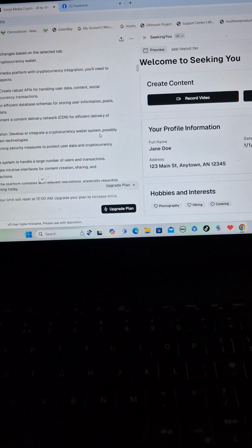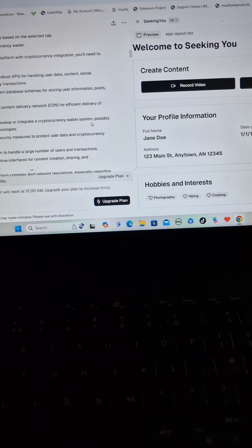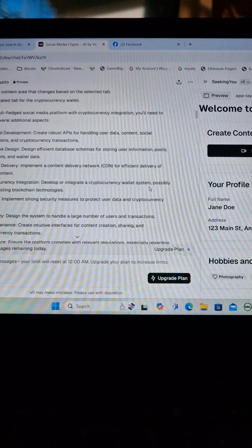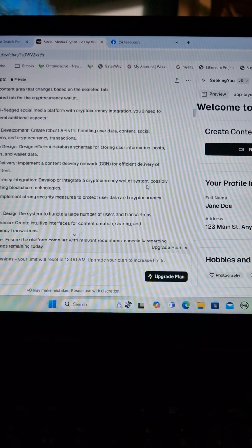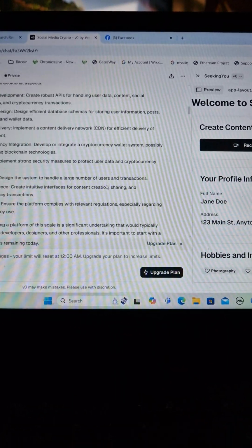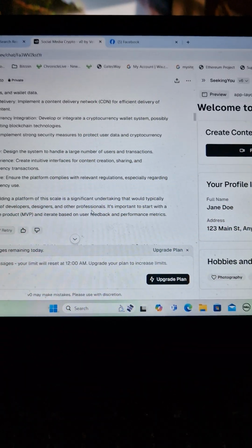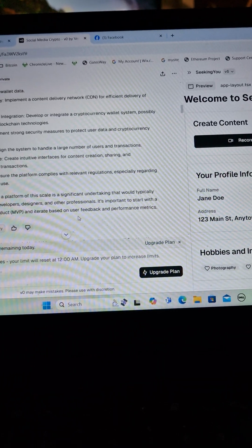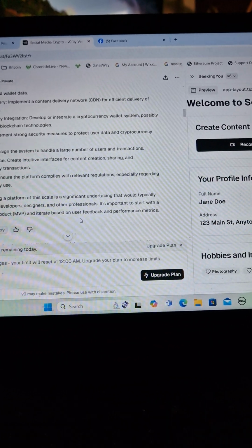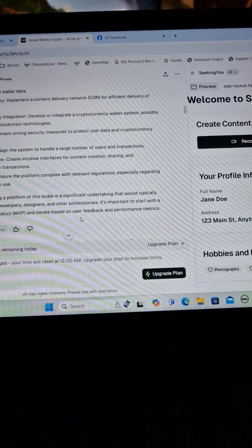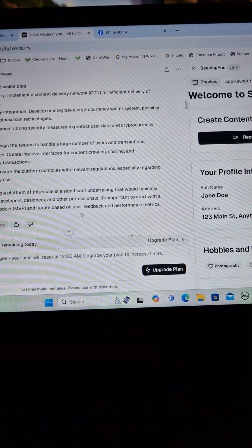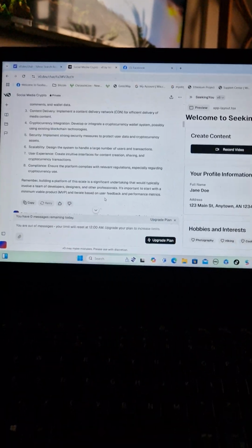And I'm going to change the colour of this bit, etc. And this is AI that's building this. So I'm going to go down a bit further. Remember, building a platform of this scale is a significant undertaking that would typically involve a team of developers, designers, other professionals. So this is where